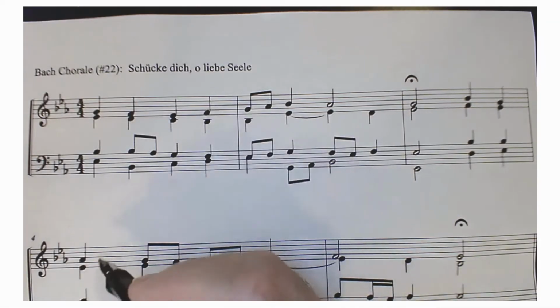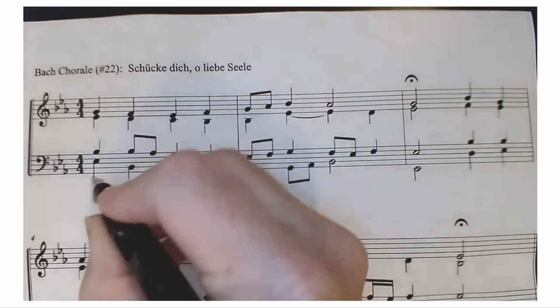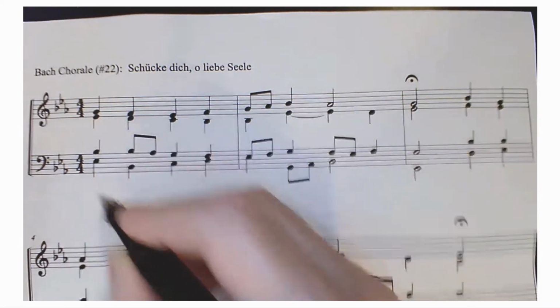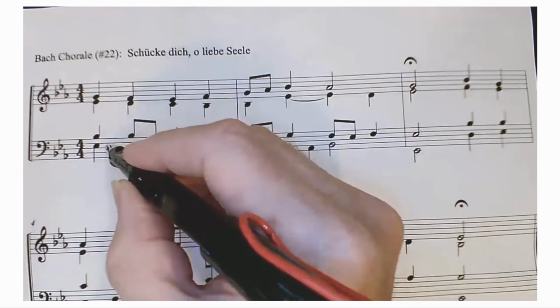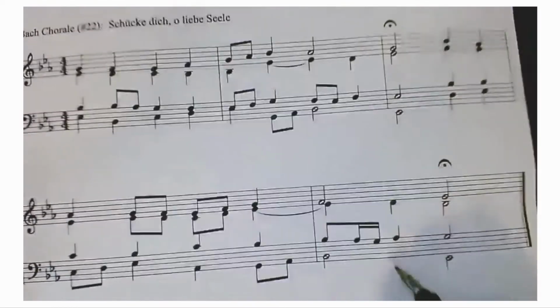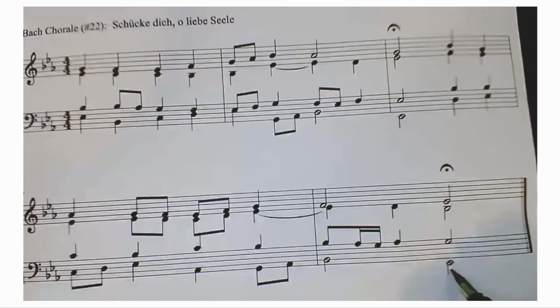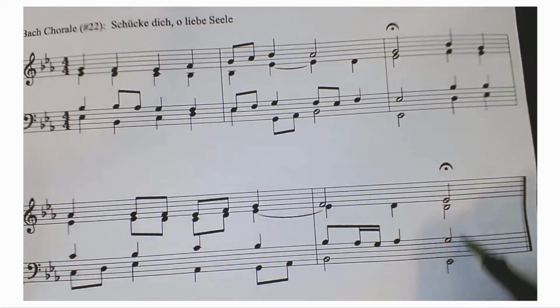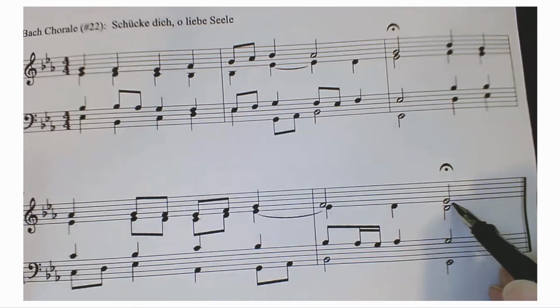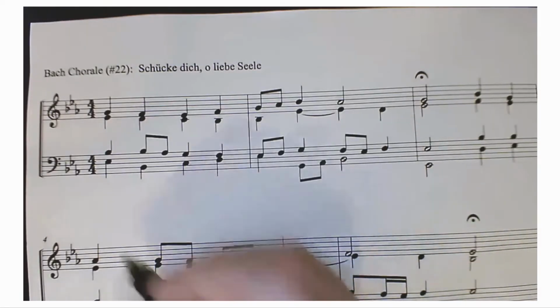Now I've already determined that this piece is in the key of E flat. I see the 3 flats on the key signature. I see the E flat bass note, and I see at the very end an E flat at the very bottom, the lowest pitch of the bass. That's quite a low pitch there too for a bass singer. And then an E flat here in the soprano. So everything is pointing to the key of E flat,